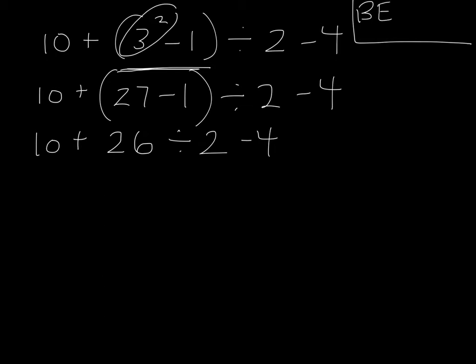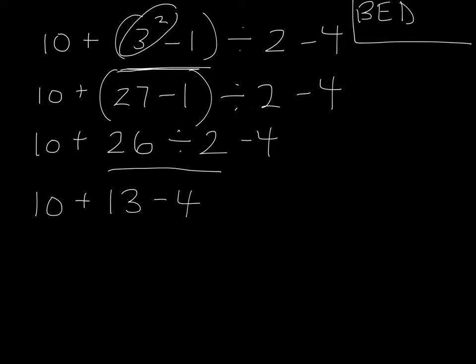Now, is there any exponents happening outside of the brackets? Because that would be the next thing. There could be exponents that we have to deal with that are outside of the bracket. There aren't in this case, so we can go right to D. We can attack the division. So the division that we would do is 26 divided by 2. So the next line would be 10 plus, and 26 divided by 2, so cutting 26 in half is 13